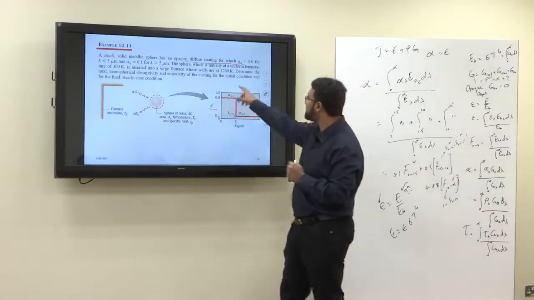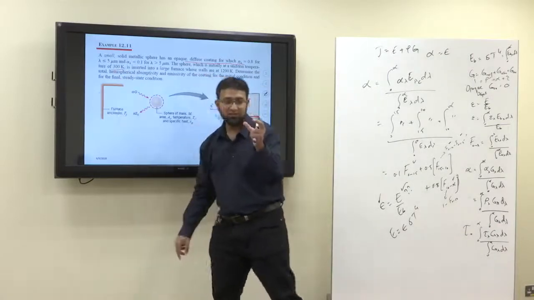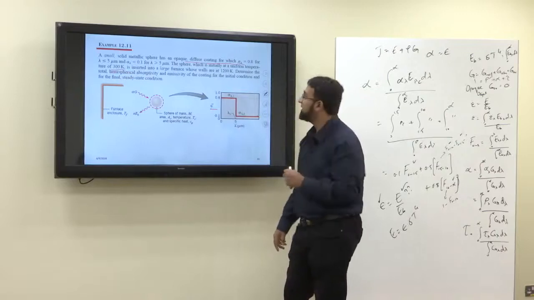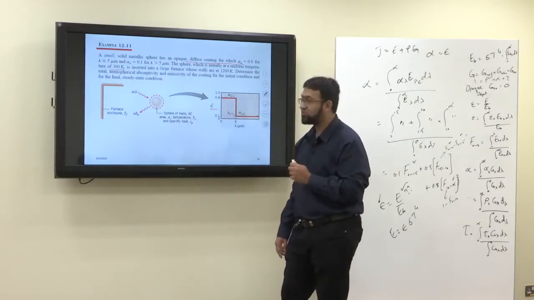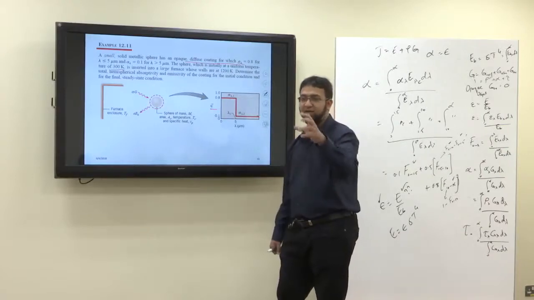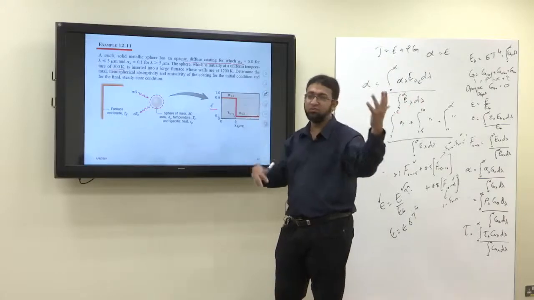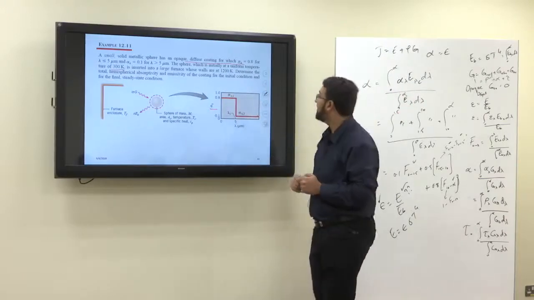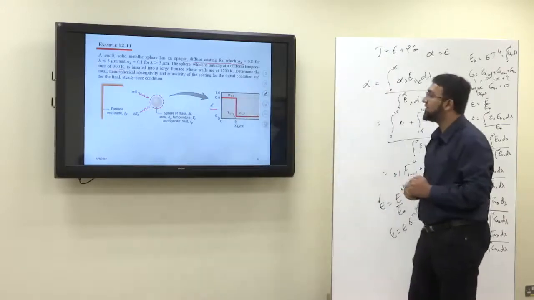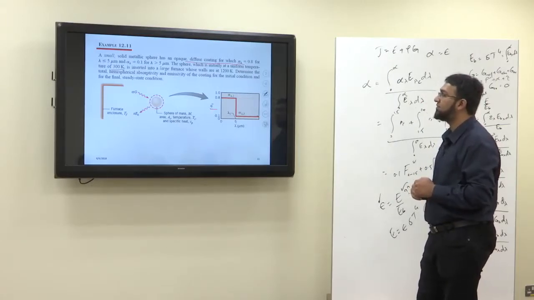The metallic sphere, which is initially at a uniform temperature of 300 Kelvin, is inserted into a large furnace whose walls are at 1200 Kelvin. So you put this sphere into a furnace whose walls are at 1200 Kelvin. Determine the total hemispherical absorptivity and emissivity of the coating for the initial condition and for the final condition,